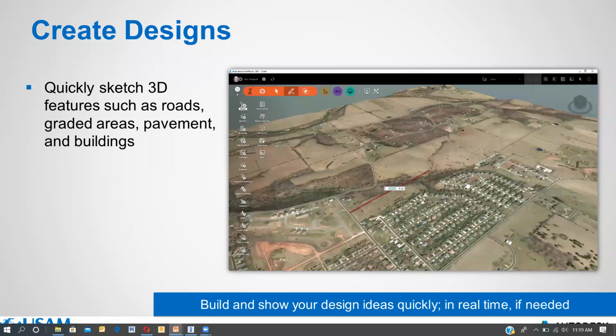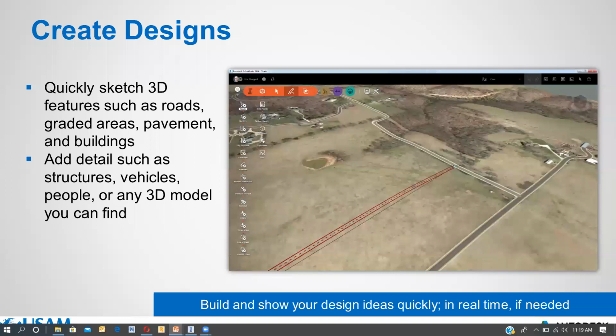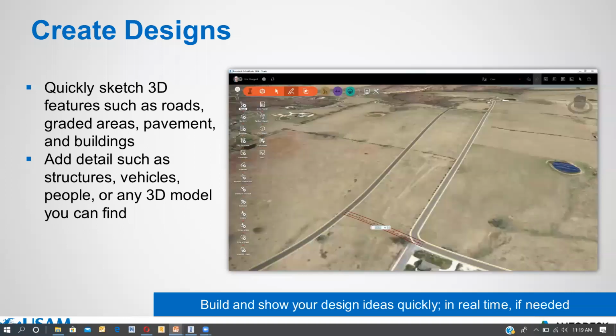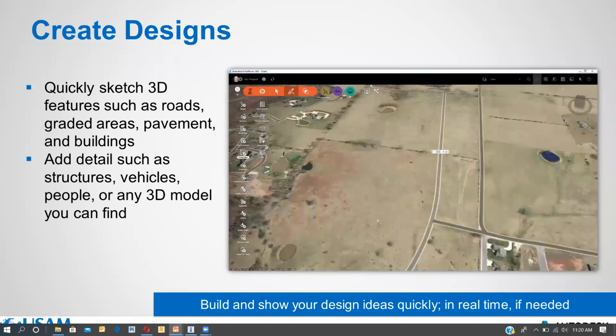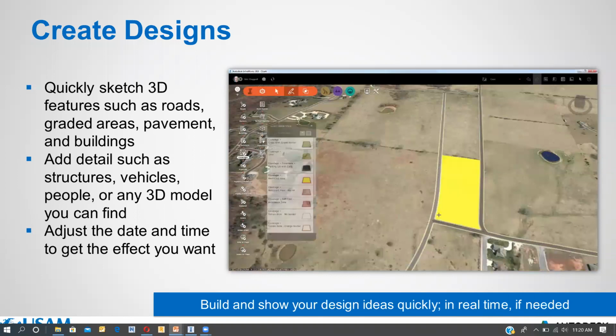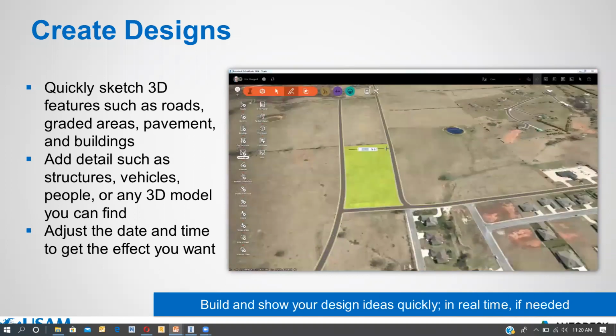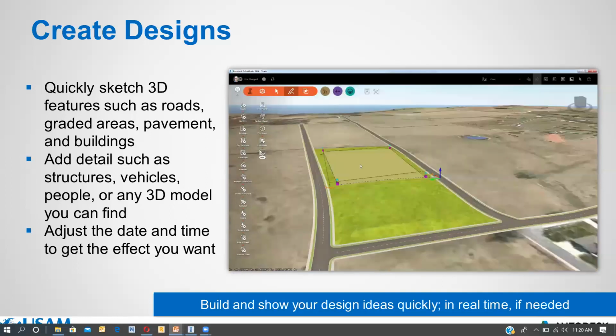See, they have created the context, they have brought the surface of that area. Now they are just generating the roads in that area. Can you see? Within a few clicks they are generating the roads. Now they are making the gradings at that place. They are going to present in this tool, like they are going to have a building in that area, they are grading the place, they are making the parcels. All the terms which we use in Civil 3D we can possibly do here in InfraWorks.